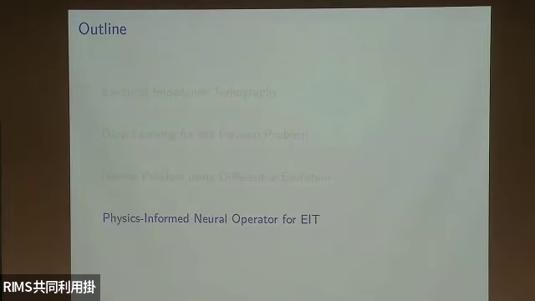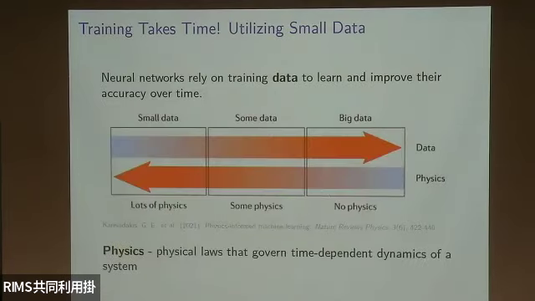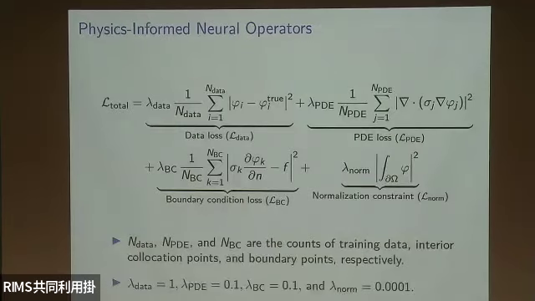This was also discussed yesterday, so I think the same image was used. But essentially, if you're going to use small data, you have to incorporate a lot of physics. So as an extension, because we don't want to take a lot of time in the training part, maybe we can just use a smaller set of data for our training. This has been presented several times, the physics informed. Here we're going to use physics informed neural operator, because with a physics informed neural network, that means it's just a usual solver from x to phi of x.